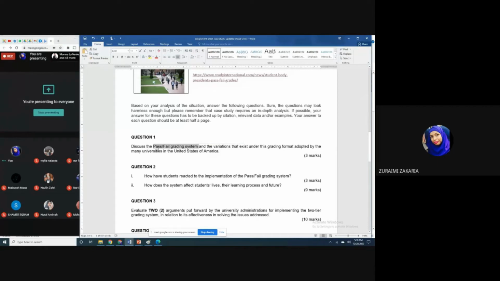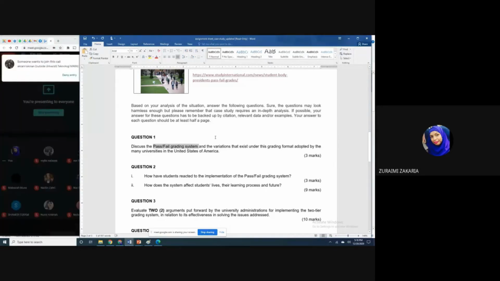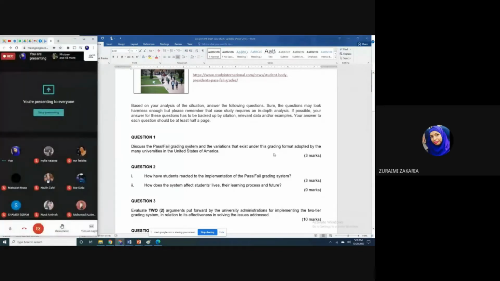So di bawah grading system ini, pelaksanaan universiti berbeza-beza dan pelbagai. Memang dia gunakan pass-fail, tapi ada universiti tu ada kaedah lain yang digunakan. Ada juga universiti lain yang macam ada penambahan, ada pass-fail, lepas tu not completed, for example. So, find more information about pelbagai jenis pass and fail grading system.